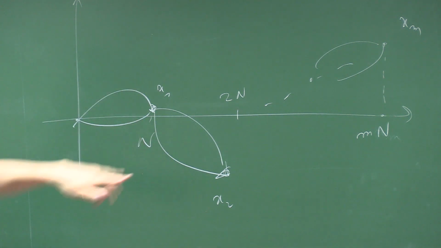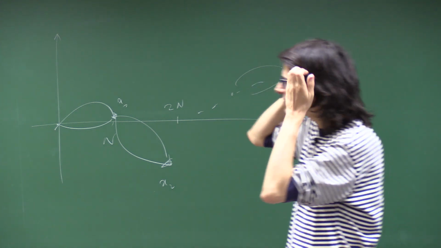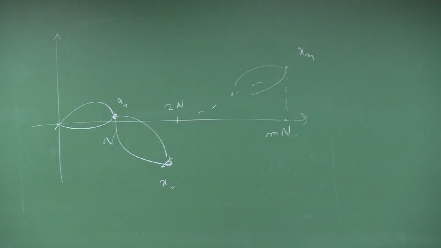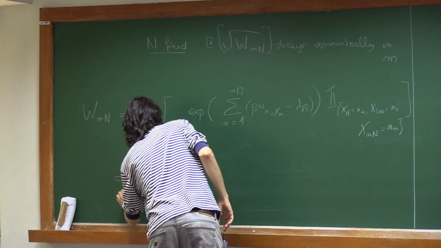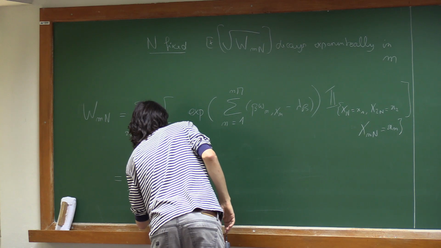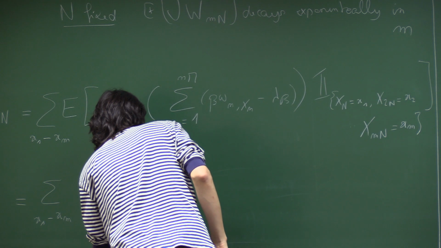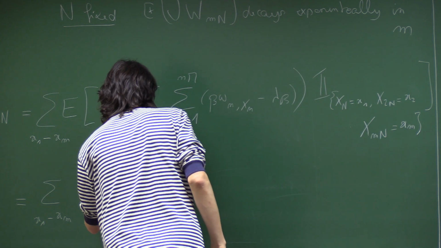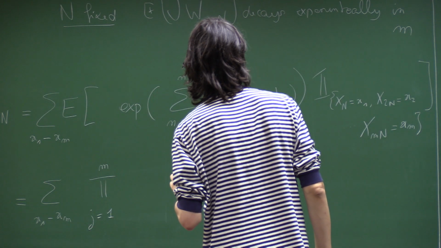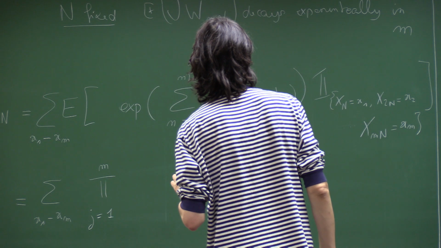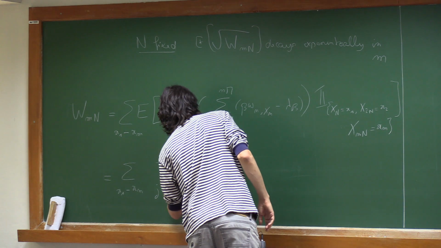This will allow us to factorize things because now the bridges of the random walk are independent. So we are going to write this as a product: sum over x1 up to xm, and now I have the product from j equals 0 to m minus 1 of